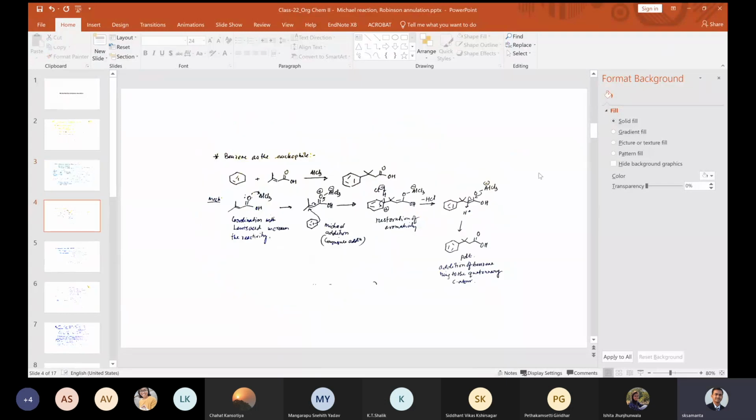Now we will see some examples. If we take, let's say, benzene, here benzene will act as the nucleophile if we treat it with this compound in presence of AlCl3. We get this product. What is the mechanism? AlCl3 first coordinates with this lone pair on oxygen so that this becomes electron deficient. This double bond also becomes electron deficient.